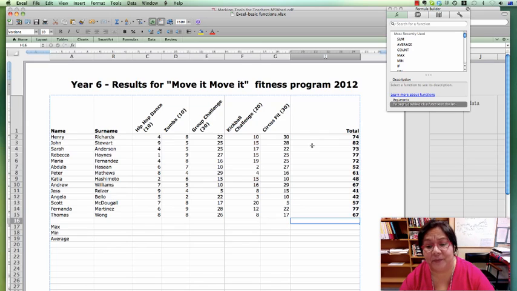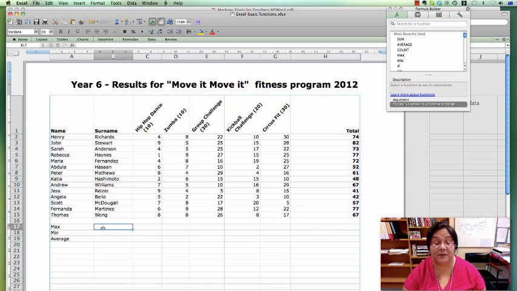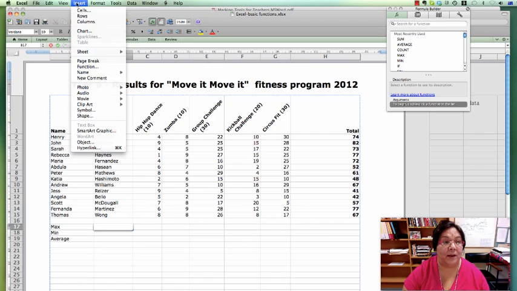But is this enough? Perhaps you may want to know the maximum or the minimum of a student's particular score. So how we do that is very similar to what we've been doing. I've written maximum, minimum and average there so that I've got a space to add those functions. And let's look at the maximum. To do the maximum, it's similar to what we were doing earlier. We would double click in the space where you want the answer to turn out. You go to Format, Insert,